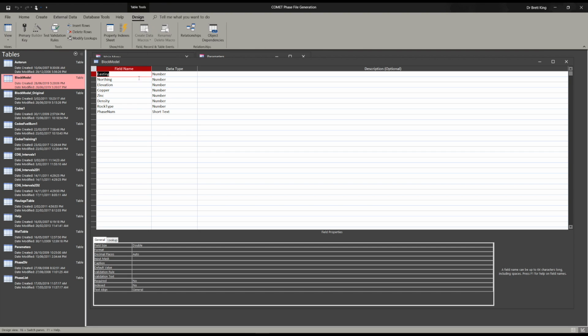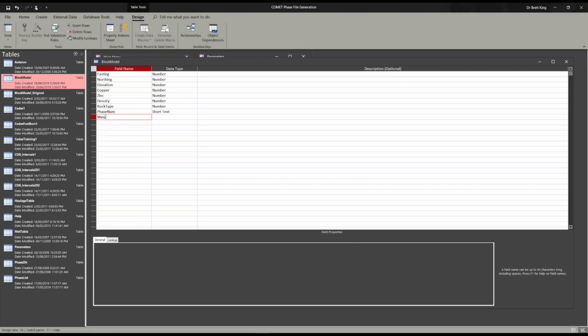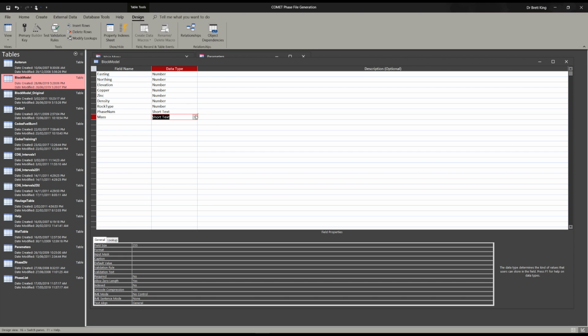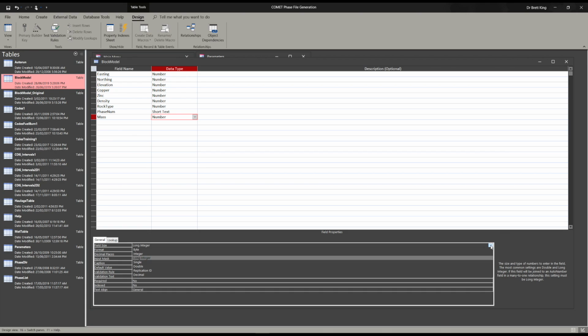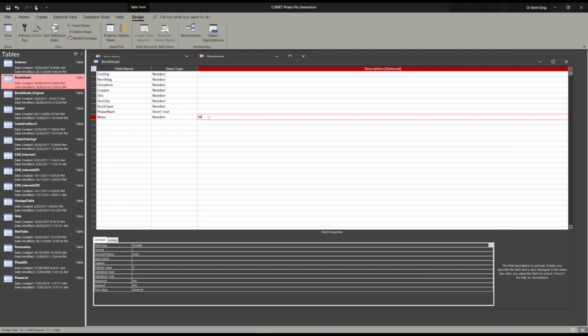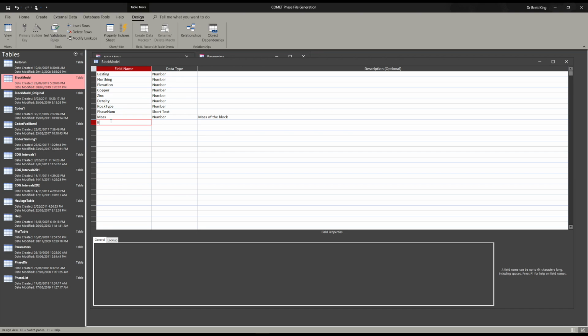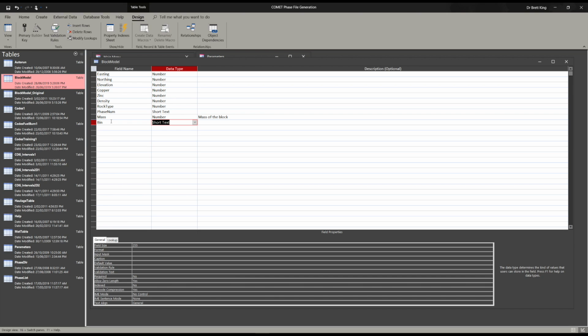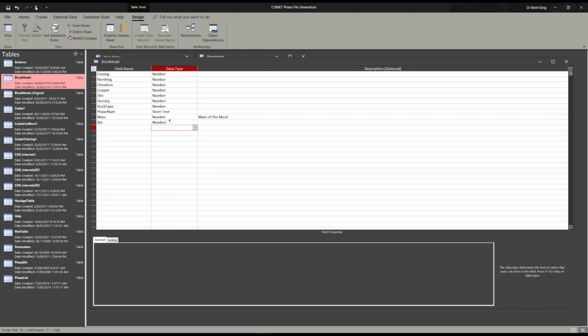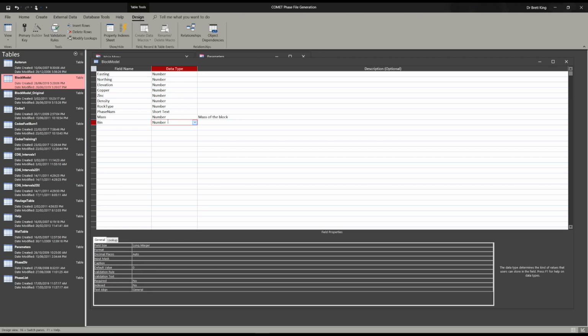If we look at the database in this design mode, we can just come down below and add something called mass, which is going to be a number, type number, and make sure it's a double. You can add a comment if you like. And we are also eventually going to need another one called bin to put the bin of the cutoff grades, the cutoff grade bin. And we'll make that an integer, that's fine. Okay, if we save that,